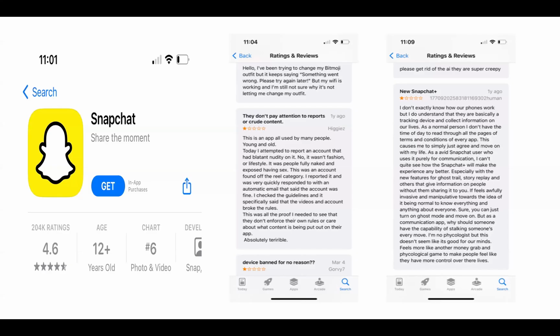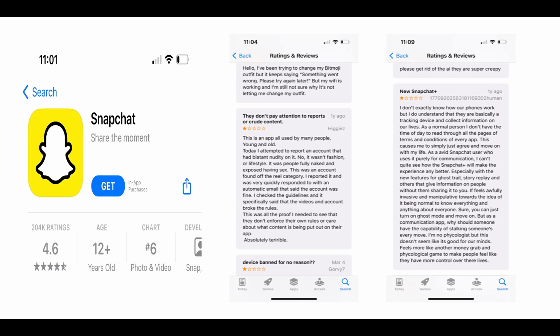So coming to Snapchat, this is 12 plus. Is it really 12 plus? You have to see the reviews and you have to use the app to see how it is. What they are actually telling is that the AI behind the app is throwing sensitive content, and they could not stop that AI. That is from a review from parents who have used that app on their kid's mobile.